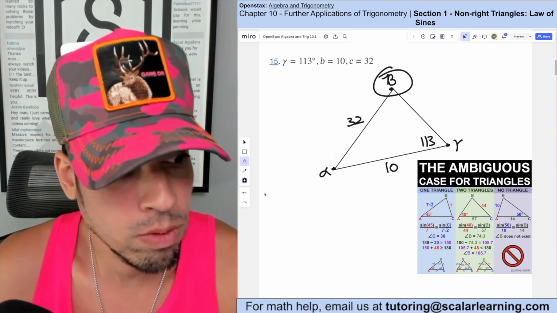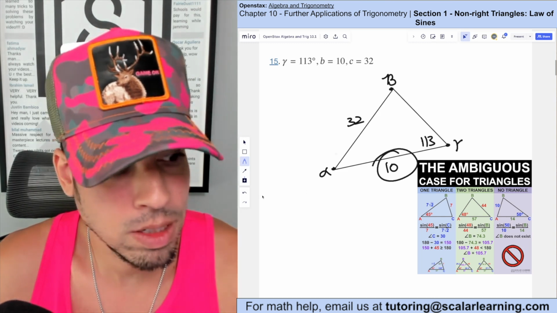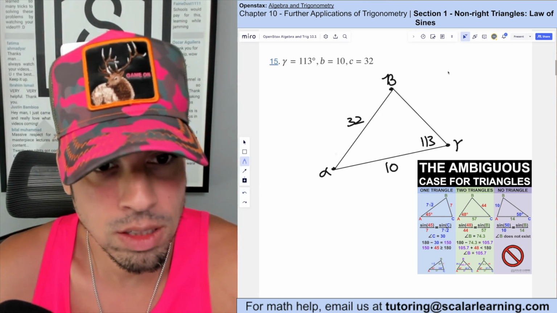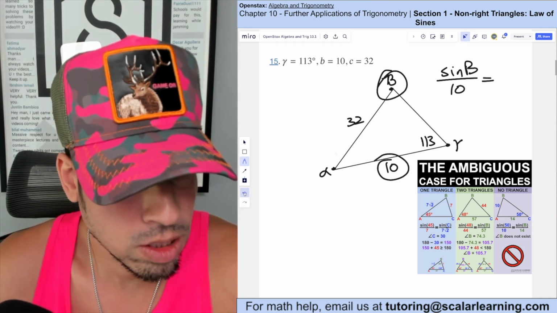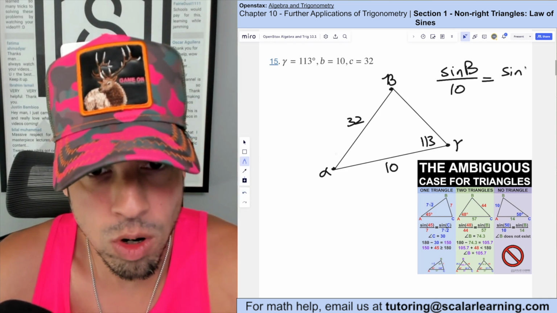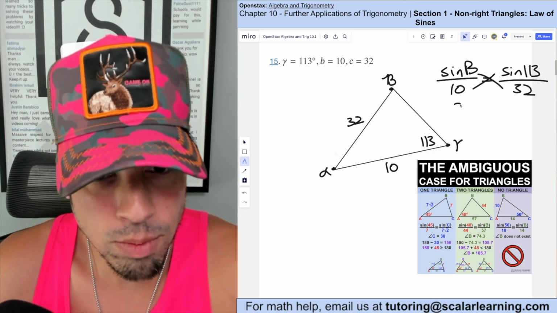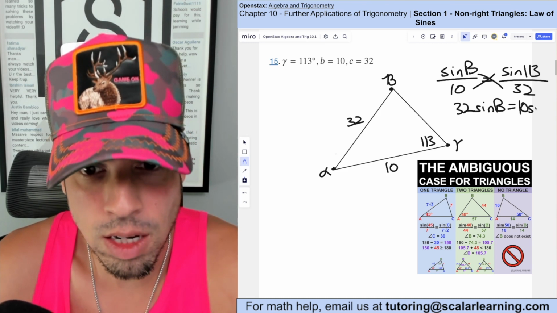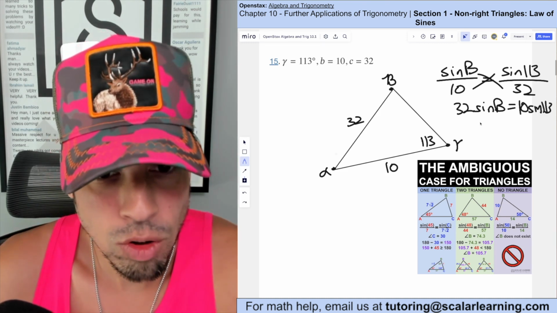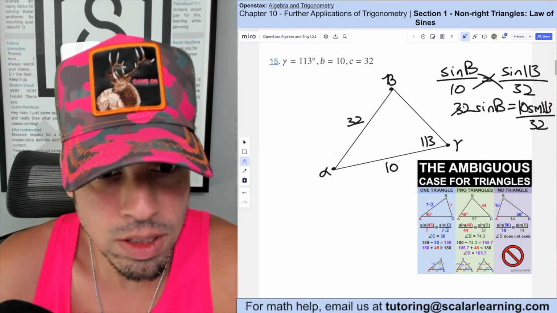First, we want to solve for this missing angle here, beta, because it's opposite this known side. So let's set it up. We have sine of b over 10, right? Because those two are opposites of each other, equals sine of 113 over 32. Now we're going to cross multiply, and we get 32 sine of b equal to 10 sine of 113. Now to solve for b, we're going to divide both sides by 32, and then we have sine of b